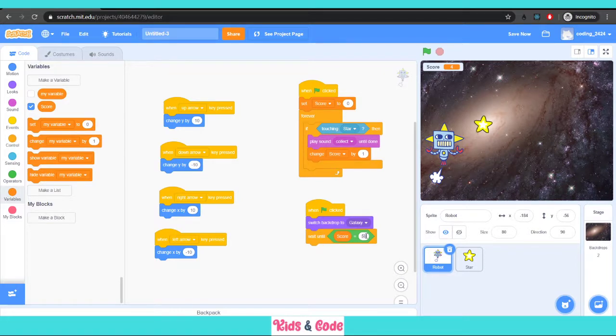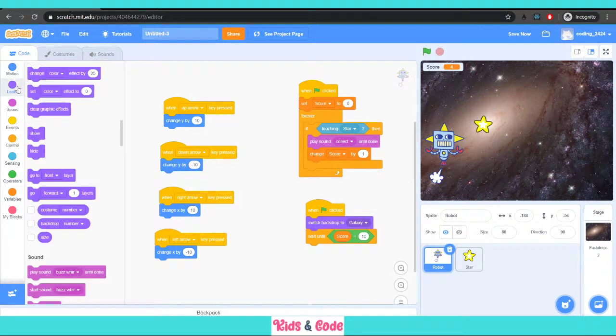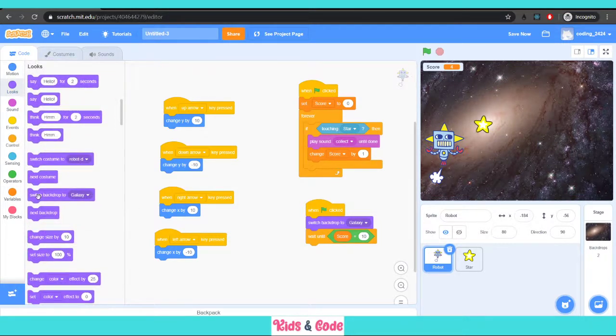So we don't want it to be 50. We can have it at a lower level. You can have it at your own liking. You can add any score to level up. So I'll just say that when the score becomes 10 for me, it should switch the backdrop to another backdrop. I like to play my games easy, so let me just say that I'll have it switch to some other backdrop when the score reaches 10.